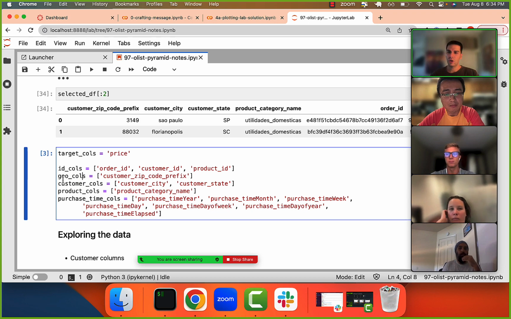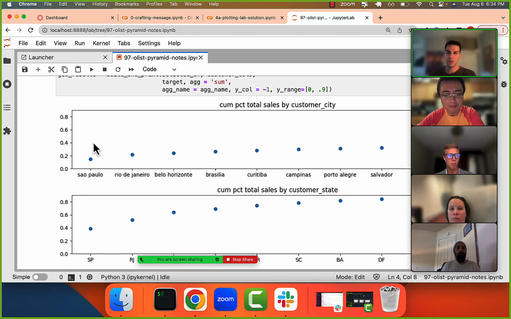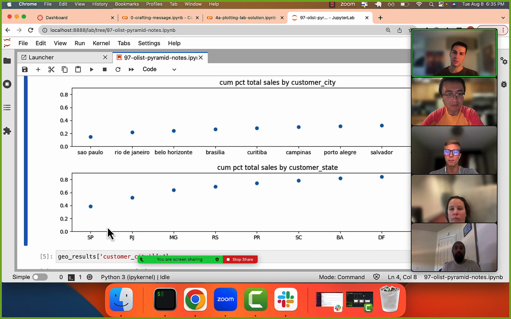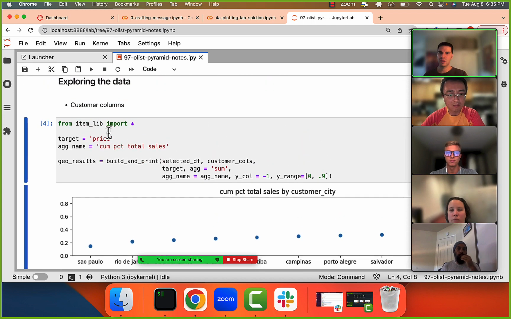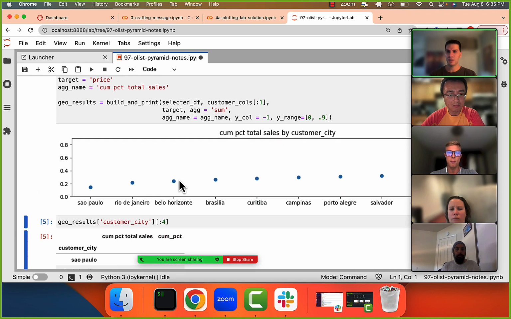So in terms of what we ended up doing, first look at the customer columns. We have the Sao Paulo, the different cities, and this is aggregated. And then we get to the states. You don't need both of these, because a lot of the information is captured. SP, RJ, so we're just going to choose one of these. So the first thing that you'll do is slice the first one of these and say,